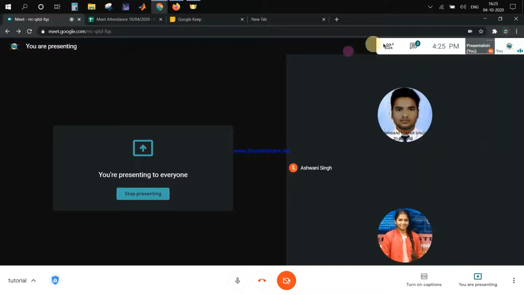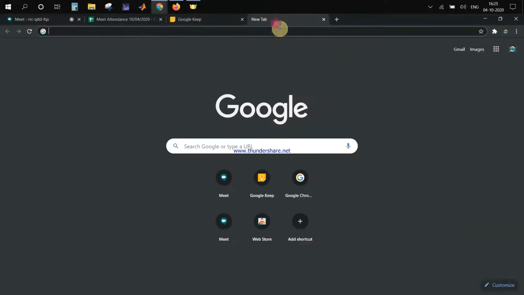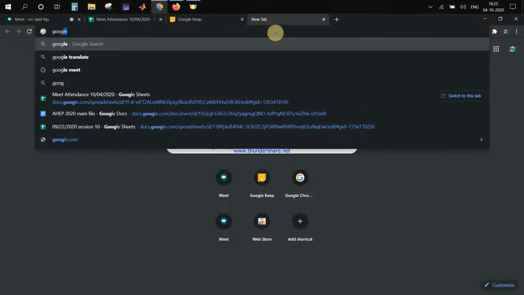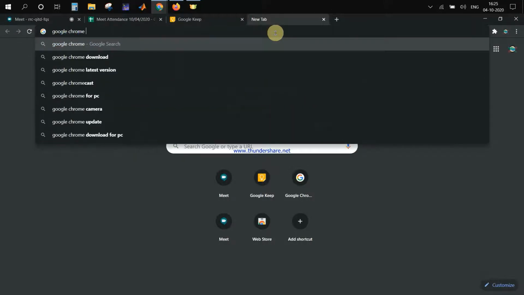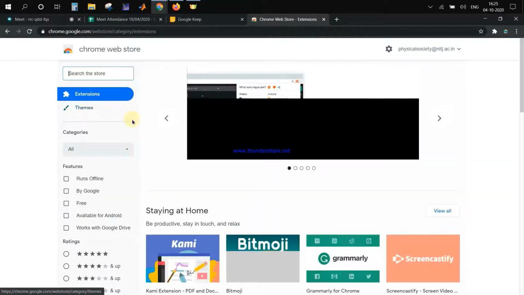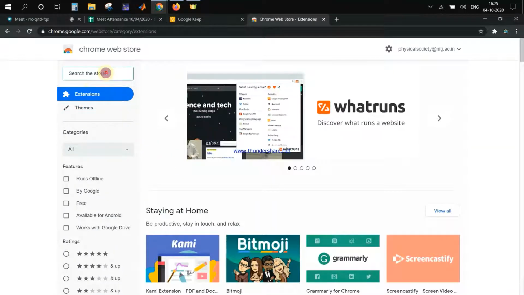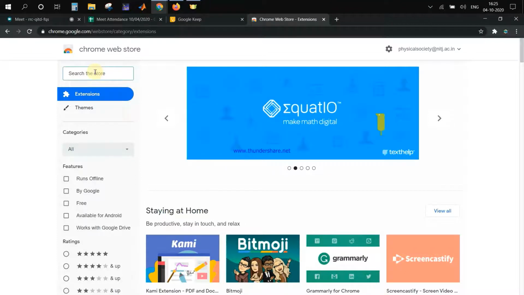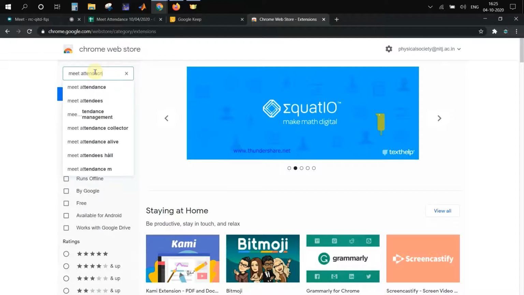Okay, so what you have to do, you have to go to Google Chrome extensions. Just go there, and then you can click here, Chrome Web Store. Okay, then in the Chrome Web Store you can go to extensions, and you can type here Meet Attendance.